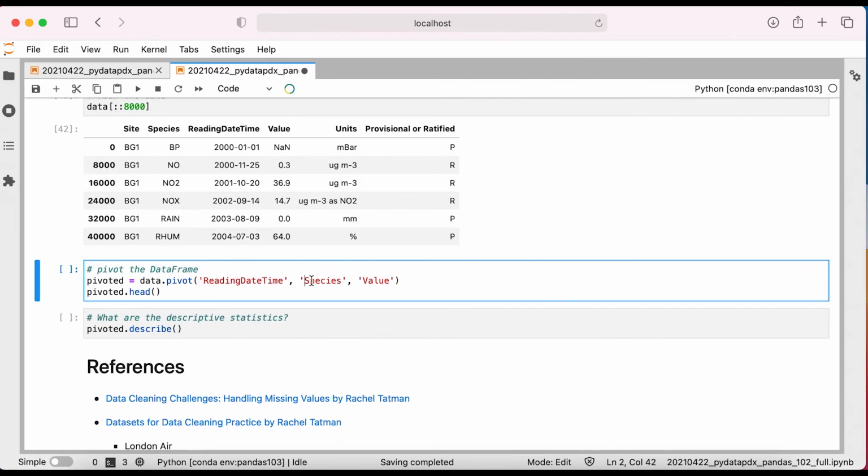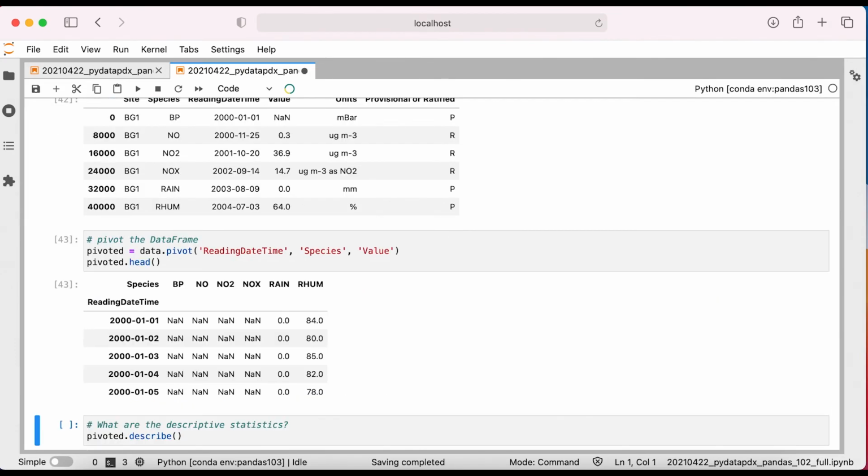I want to see each species in its own column and the measurement values in each of those columns. Notice that here I have null values and non-null values in the same row because some species were recorded on a date, such as relative humidity, and some were not. Handling null values would require specific knowledge about how best to interpolate these measurements between dates.